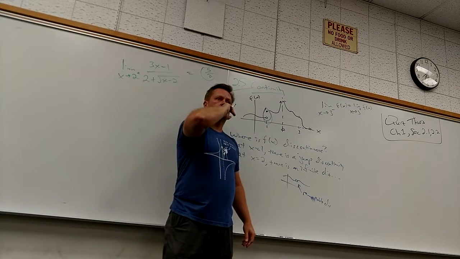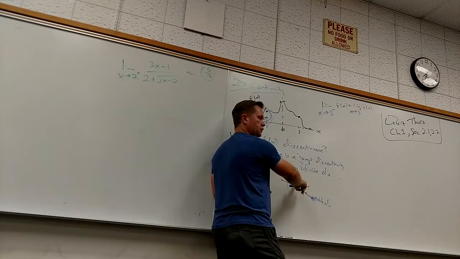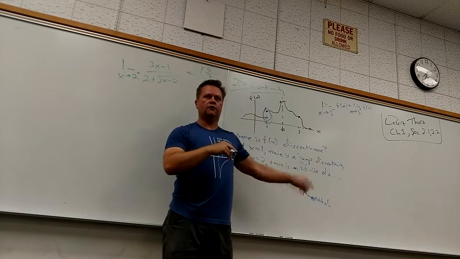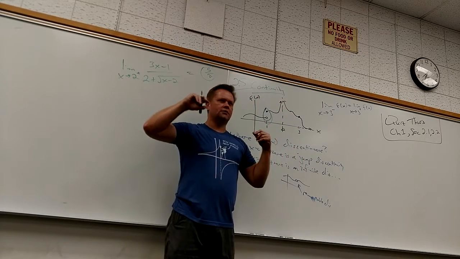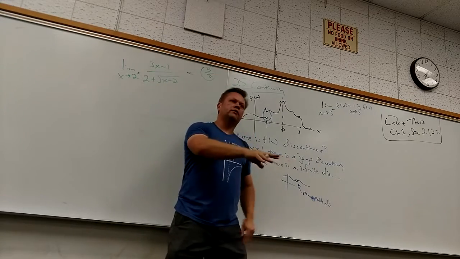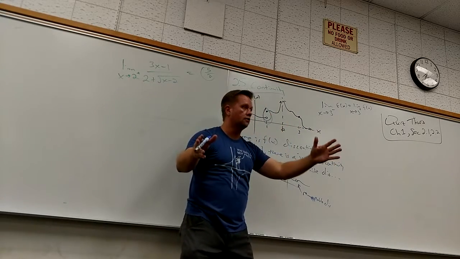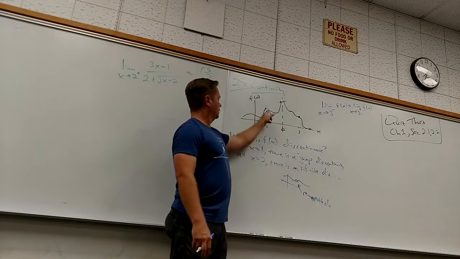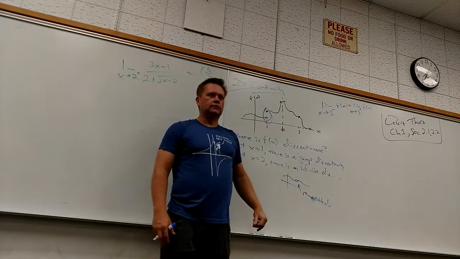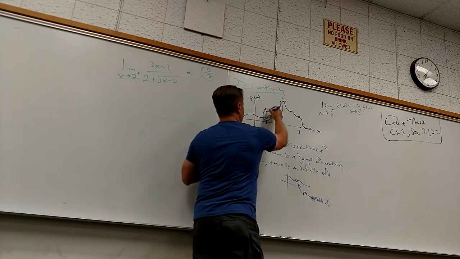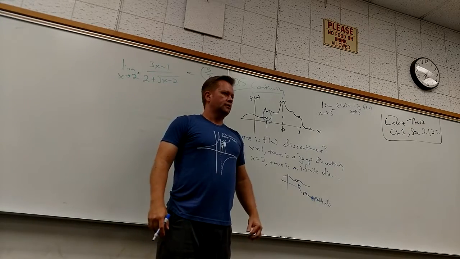So now it's not included. Beautiful. Let me put this back. In your notes, you might want to draw yourself a little example. This is a removable discontinuity. If there's a pothole, I can remove the pothole, which sounds a little bit paradoxical. You take the hole, and I can remove it by filling it in. I could define this to be this value at 3, and then the discontinuity is gone. I can put a bridge there. Here, no. There's no way to remove that discontinuity. And if you say, let me put a bridge this way, then it's not a function anymore. It doesn't pass the vertical line test.